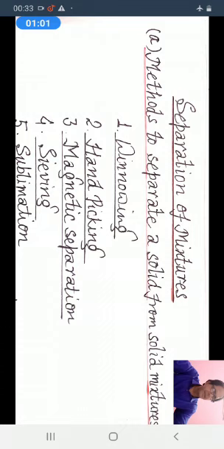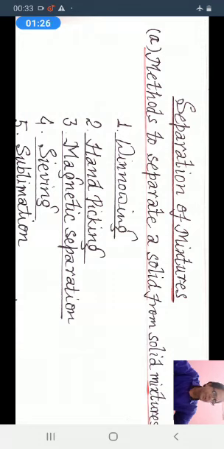There are many reasons to separate constituents of a mixture. Number 1, to remove undesirable and harmful substances. Number 2, to get useful substances. Number 3, to get completely pure substance for preparing other useful substances.